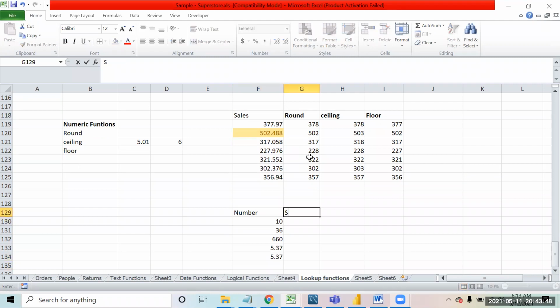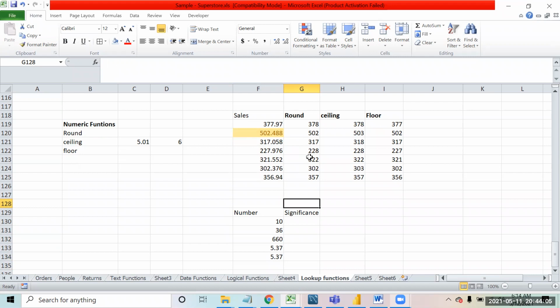Now significance is basically, how would you like to round off the number, up to what multiple? Rounding down to the nearest multiple, in fact.